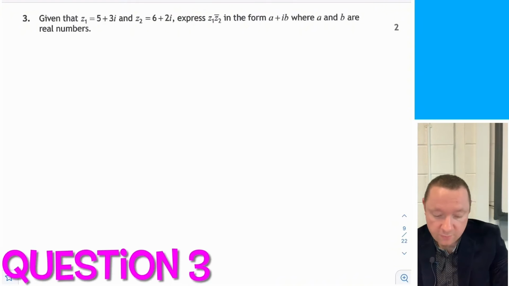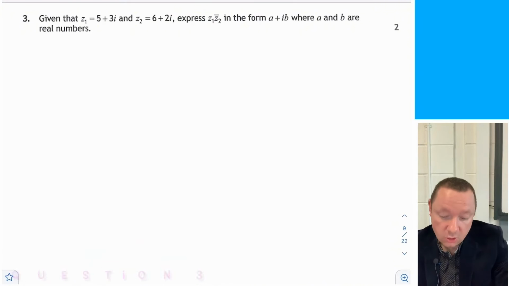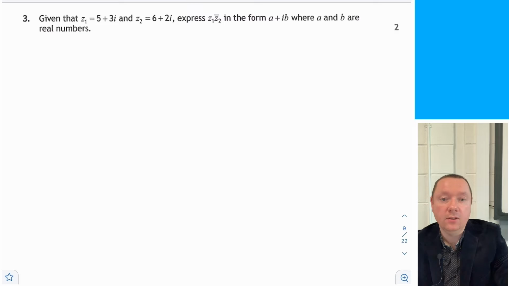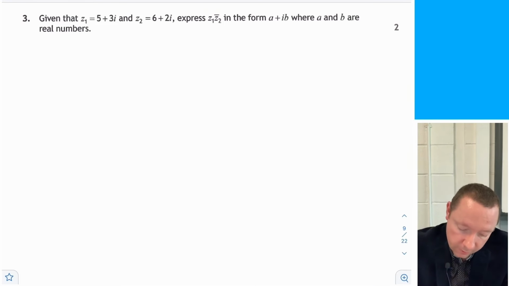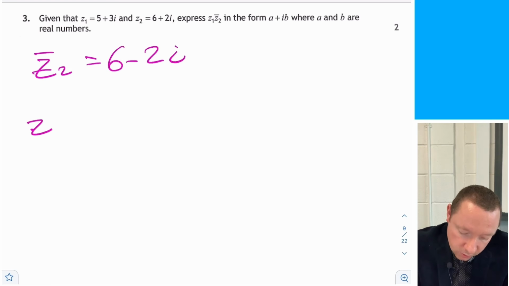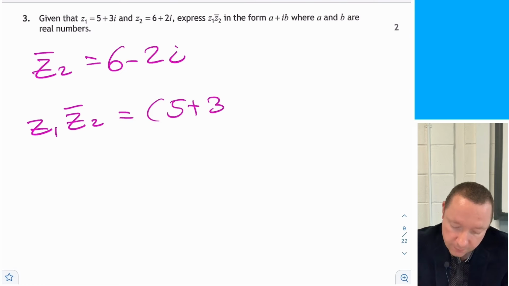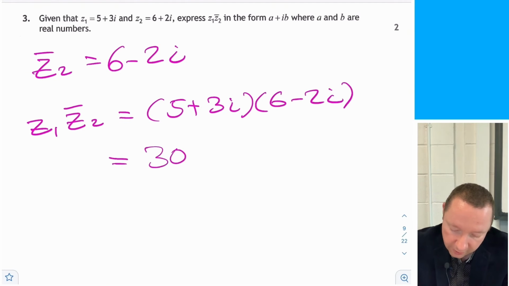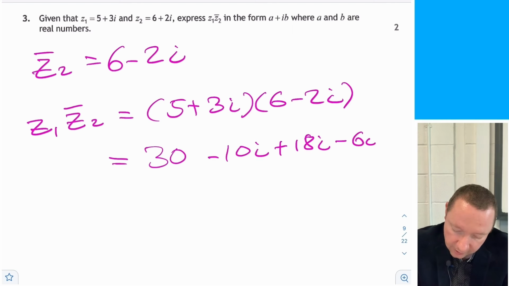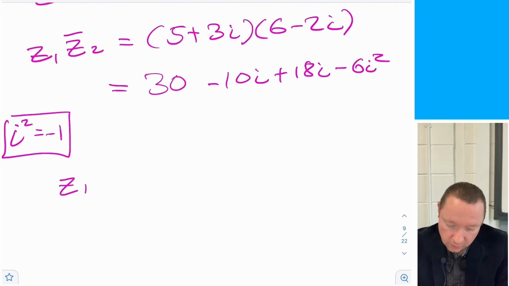Question 3, given that z1 is 5 plus 3i, z2 is 6 plus 2i, express z1 times the complex conjugate of z2 in the form a plus ib, where a and b are real numbers. So we've got the complex conjugate of z2 is just 6 minus 2i. So z1 times z2 bar is just going to be 5 plus 3i times 6 minus 2i. Expanding the bracket, we get 30 minus 10i plus 18i minus 6i squared. But remember, i squared equals minus 1. So z1 z2 bar